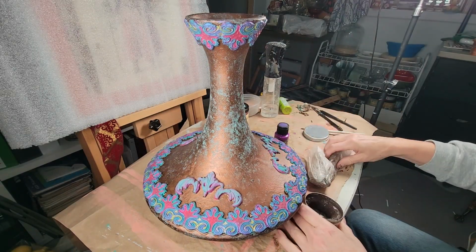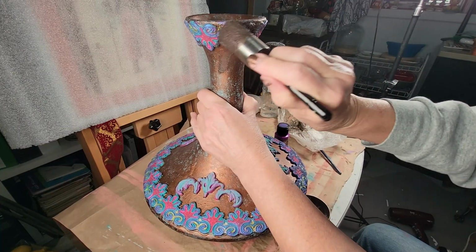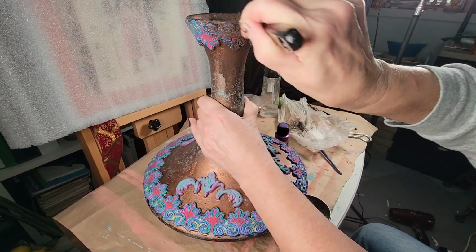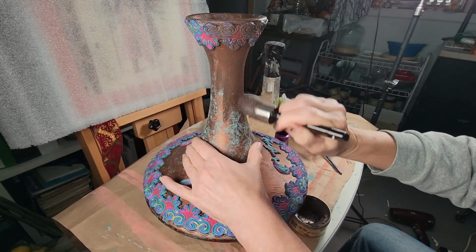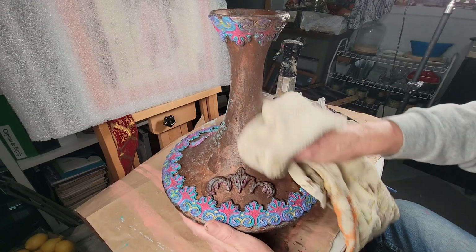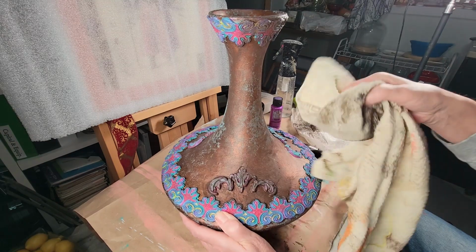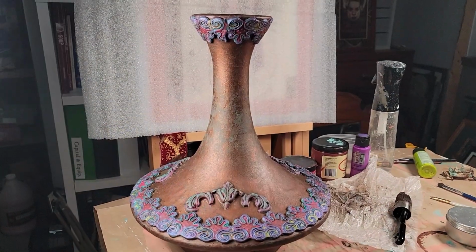I did spray my painted areas with a little bit of matte sealer because I didn't want the paint to lift. So now I have some brown wax and I'm going back and I'm getting in all the little creases and divots, top to bottom, everything. Then I'm going to wipe that all off. This Dixie Belle decorative wax is water-based, so in a couple days it will be dry and I can give